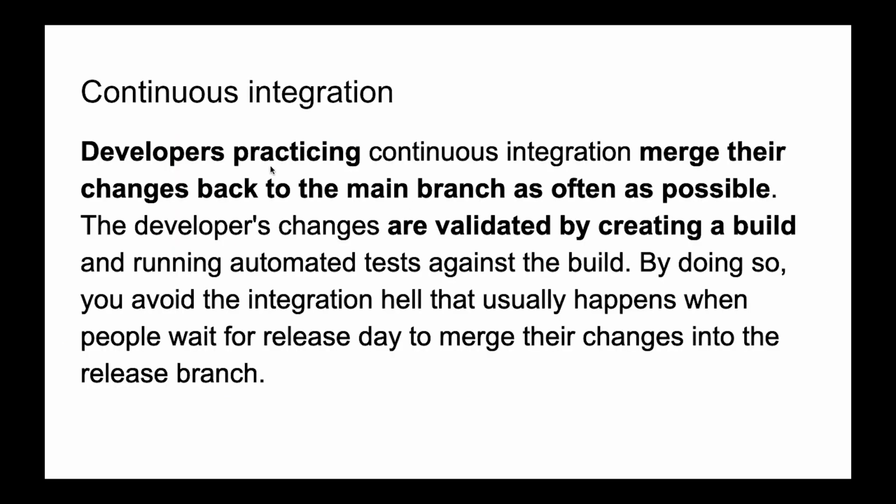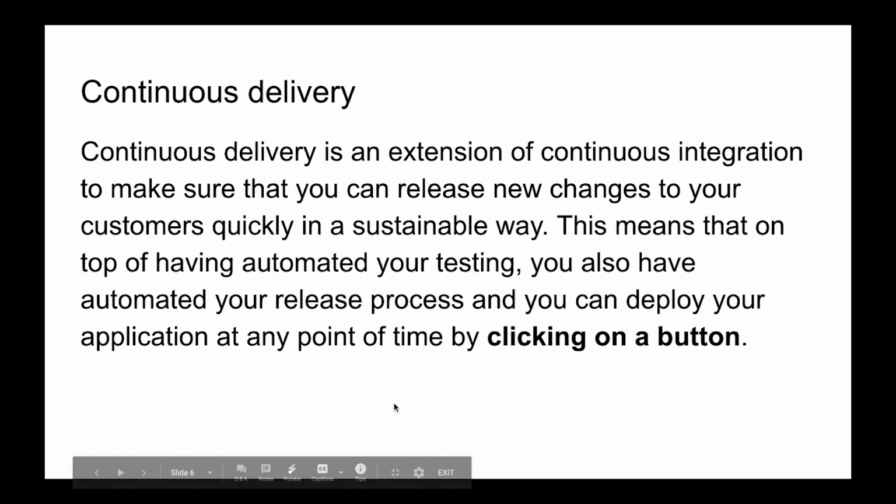Continuous integration is a developers' practice, where we merge our changes back to the main branch as often as possible, and then we validate these changes by creating a build. If the build is successful, then our changes are fine and didn't break anything, and we can say that it's continuous integration and it's enough. Continuous delivery is